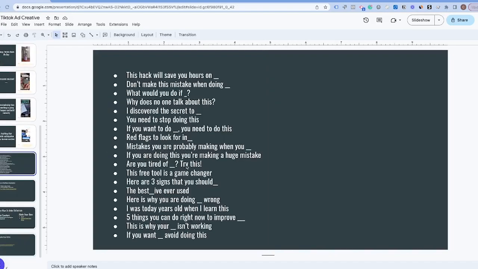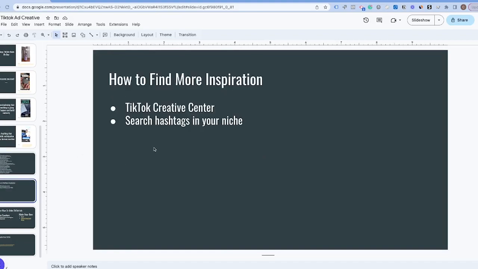And real quick, if you are looking for more hooks, here is just a list. You can pause the video right here and take a note of all of these different hooks for your TikTok ads. Now, a couple of other ways to find inspiration for TikTok ads, especially in your niche, is to